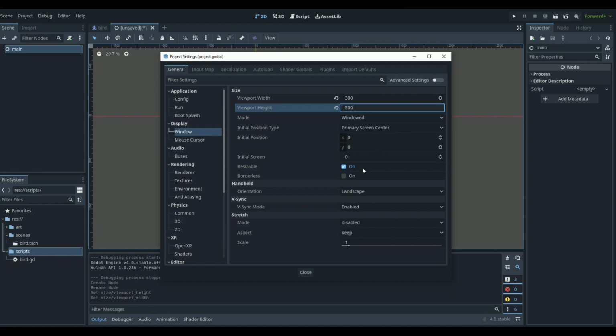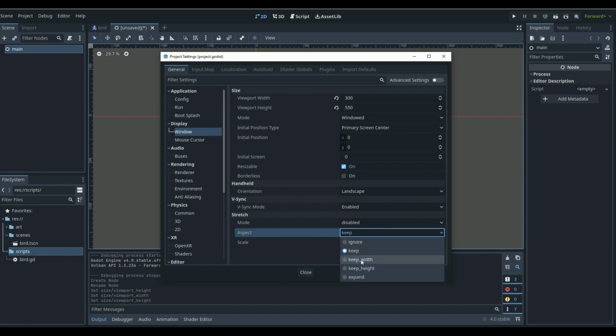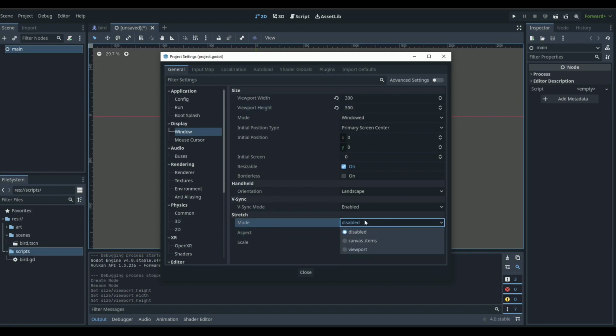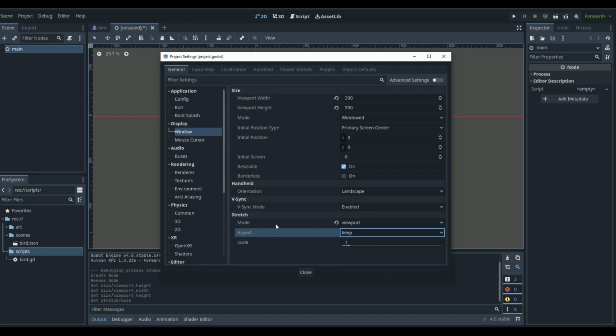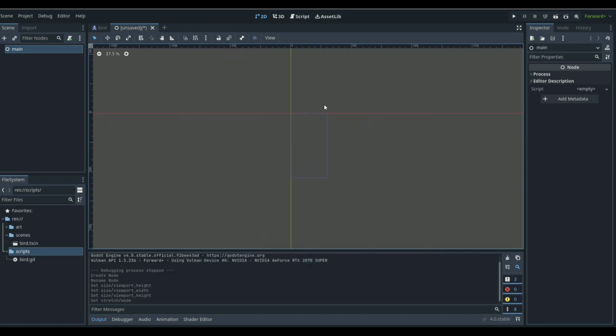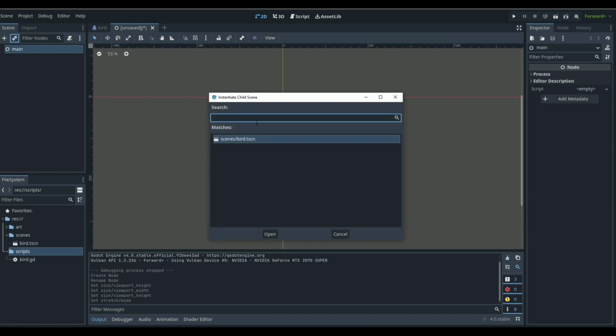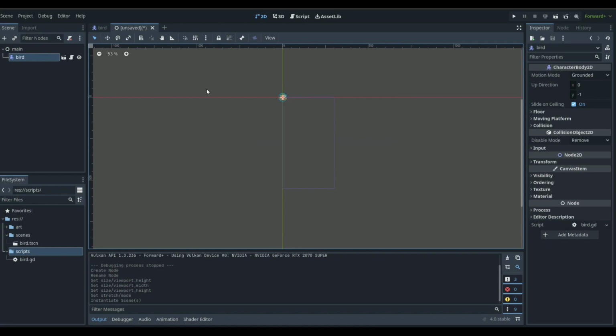And then we can come down here and we can do viewport mode aspect. We can go to disabled. We can change this to viewport, and make sure that's keep, and that should be good. So if we close out of this, you can see it's more of a mobile view now, right? So now in our main scene, we're going to want to create a background, and we are going to want to instance our player. So first, let's instance our bird scene by clicking this little chain,